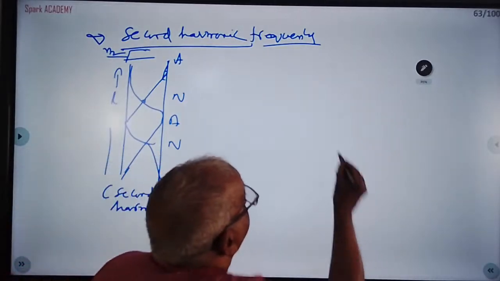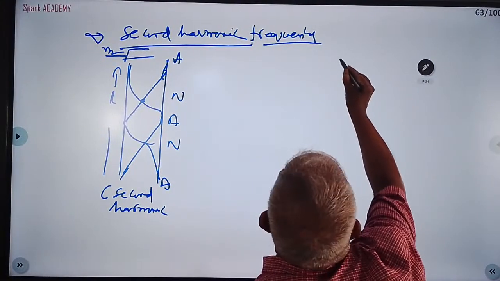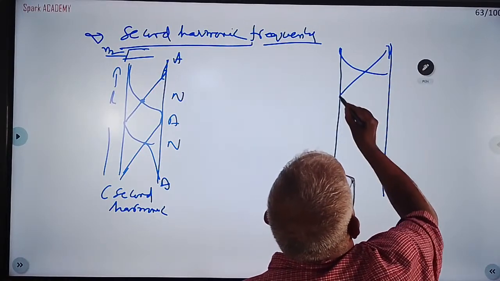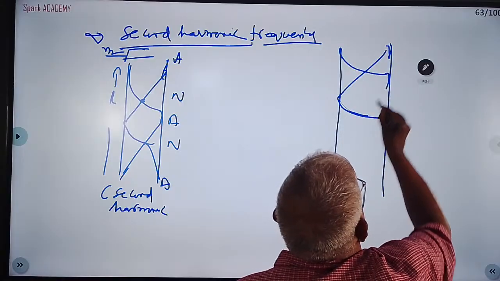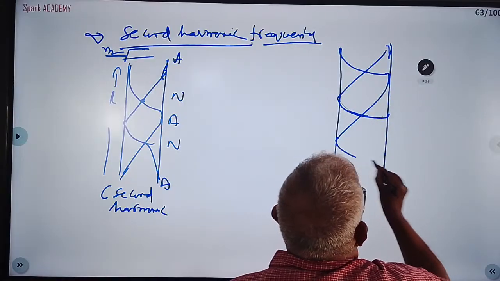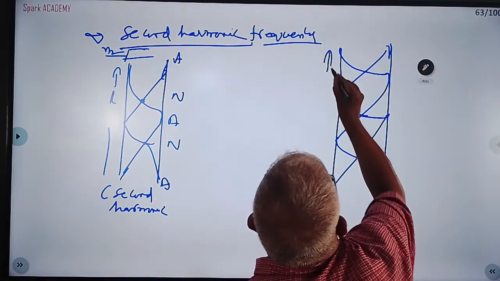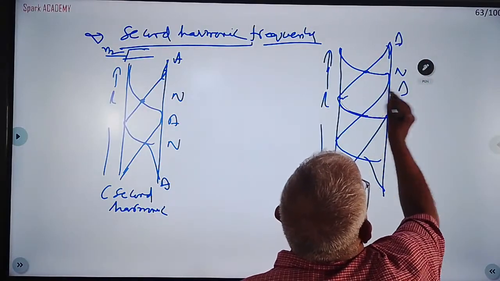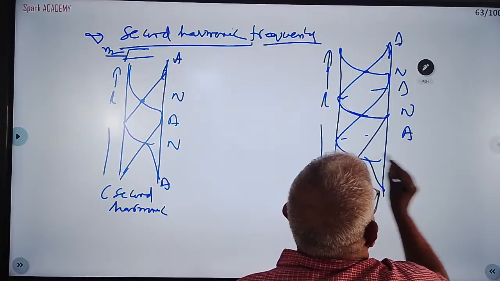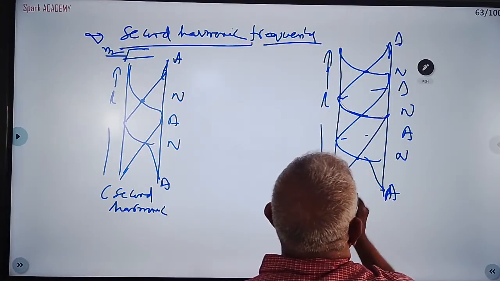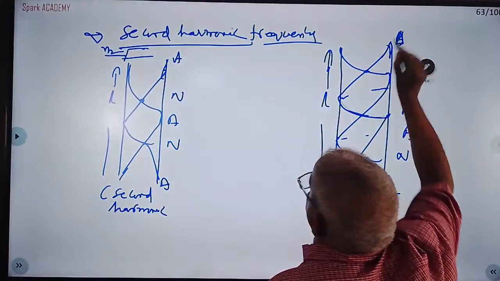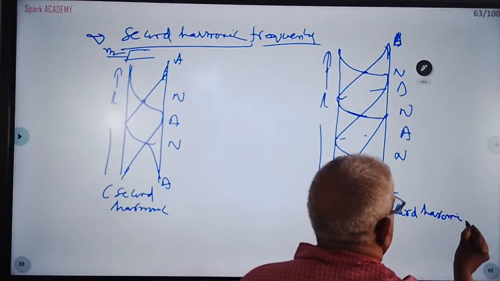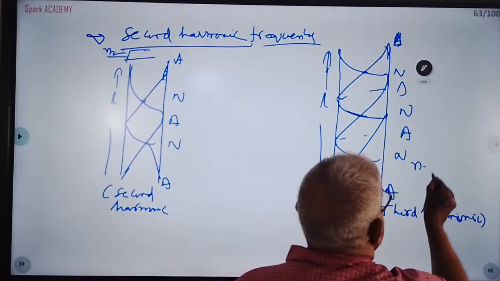So I will draw the third harmonic here for you. Up to the third harmonic you have to do. This is like L. This is antinode, this is node, this is antinode, this is node. Antinode, node, and antinode. Open ends always will get antinode. This is called the third harmonic, N3. Second harmonic, N2.